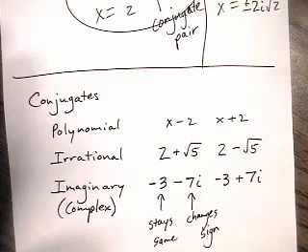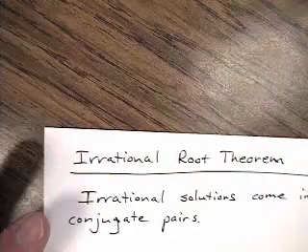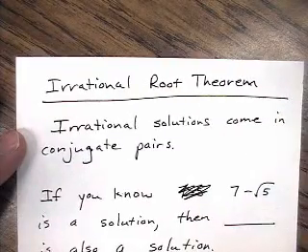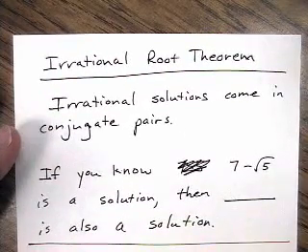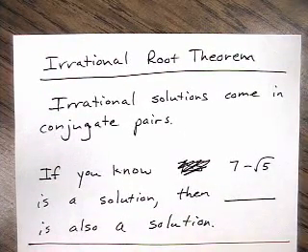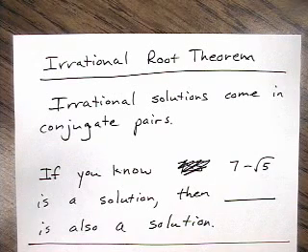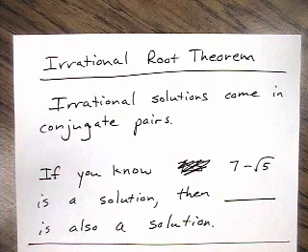Second one changes sign. Okay, there's a couple of theorems that you need to know. The irrational root theorem. The irrational root theorem says irrational solutions come in conjugate pairs. That's an important theorem. It says that every time you have one irrational solution, you know that its conjugate brother